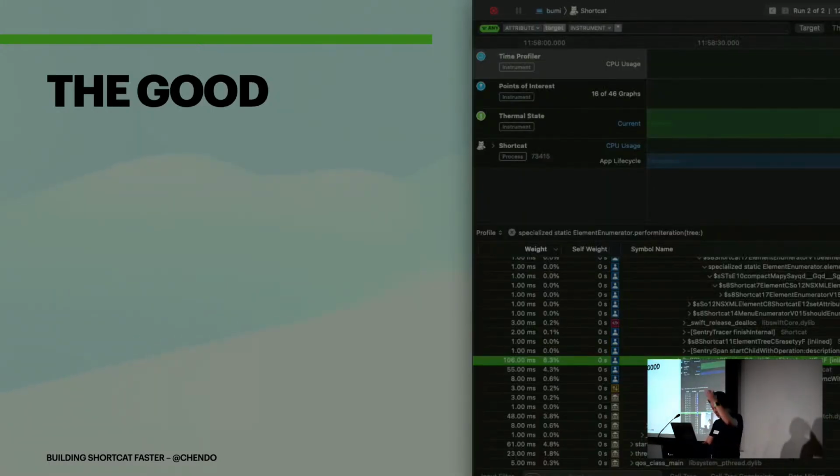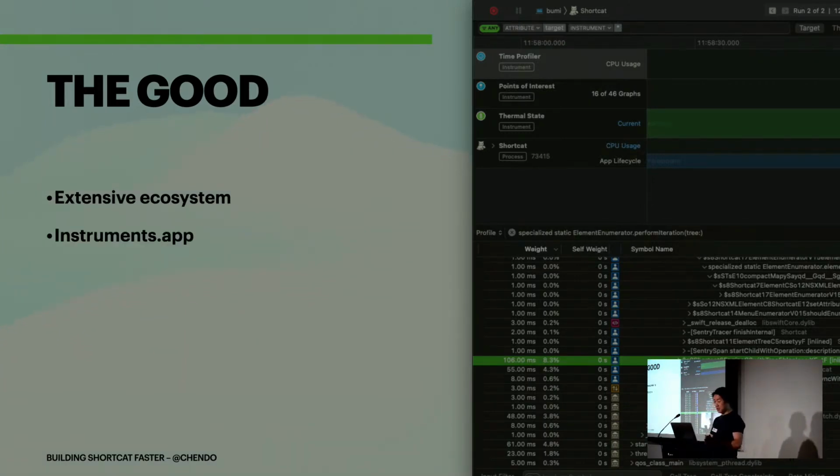So the good parts about this, Objective-C has an extensive ecosystem, which is great, loads of libraries, all that stuff. Instruments.app is fantastic. I would say probably the best profiler type software that I've ever used, and it's plenty fast enough. The bad,